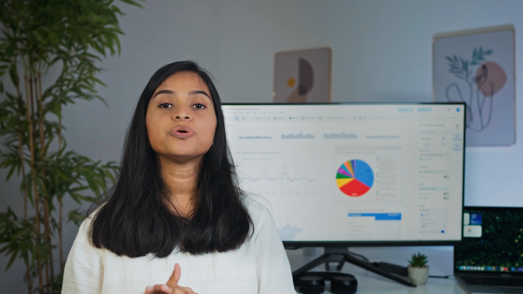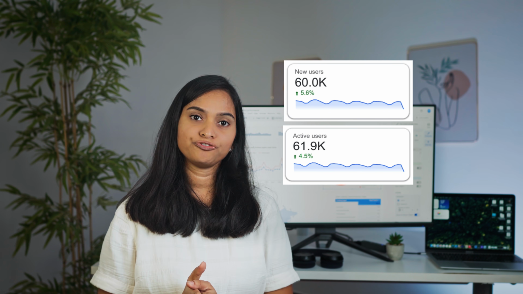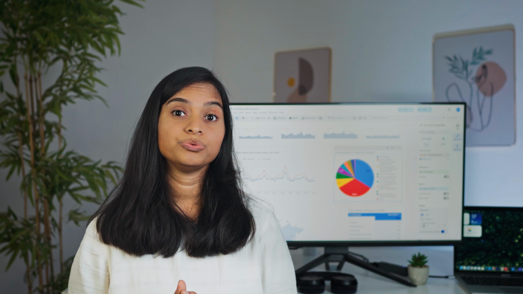And you can do the same thing with dimensions. You can create your own dimension when you want to group your data differently. Let's start with the custom metric. Previously, we have used metrics like new users and active users, which are already available in GA4. But what if we want to know the percentage of users who were new? That's a new metric we need to create.